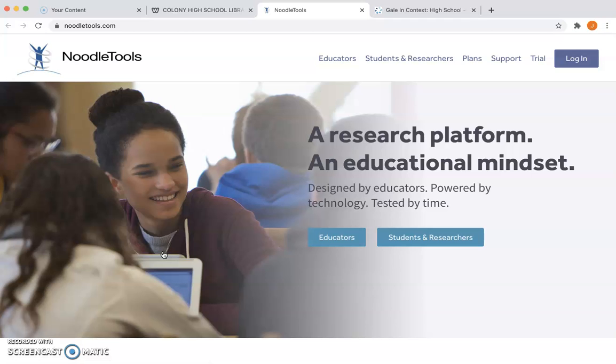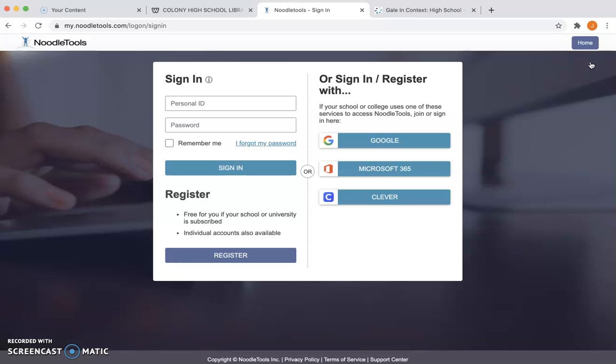That's going to open up a new tab for you, and on this new page you're going to click in the top right hand corner the button that says Log In. All right, the most common mistake is to sign in on the left-hand side. We are not going to do that. We are going to sign in on the right-hand side where it says Google. Once I click on that,